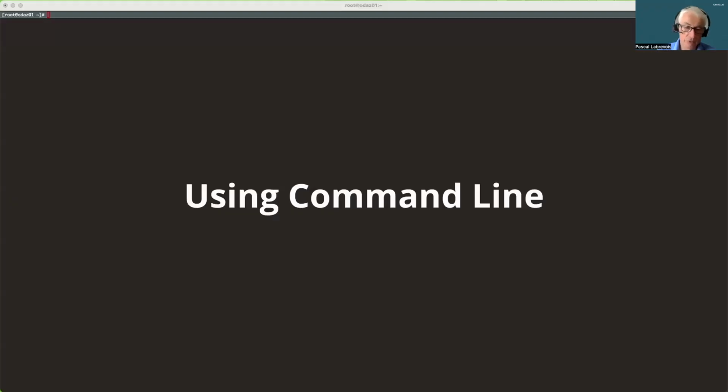So now I'm going to do the same. So you have seen how to create a Windows and Linux VM, how to clone one of them. I'm going to do the same thing, but via the command line. So the utility to perform command line operation is the ODA CLI command. So I'm going to use it to perform all the steps that you have done via the web interface.